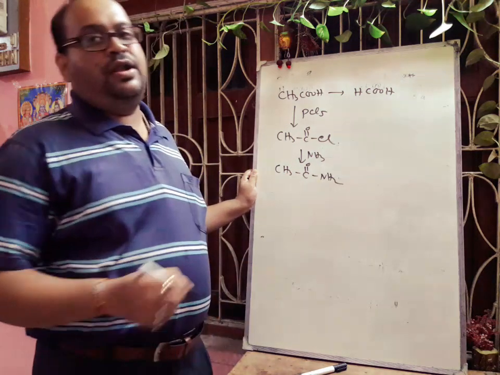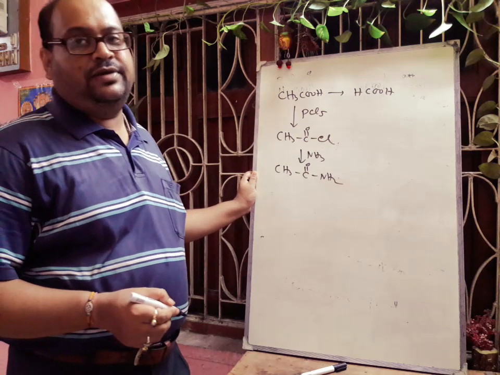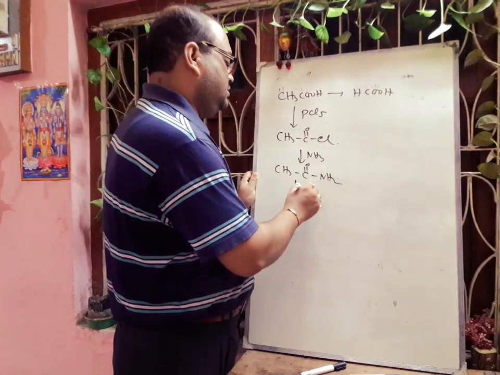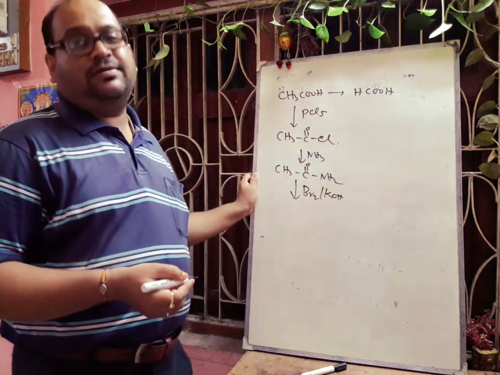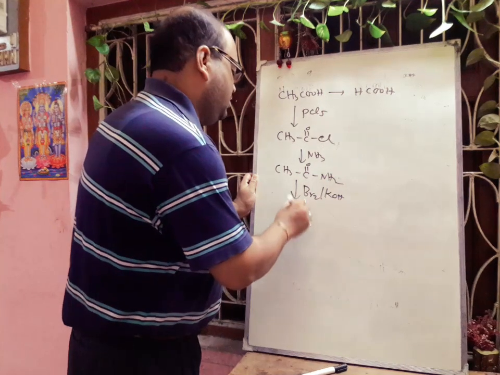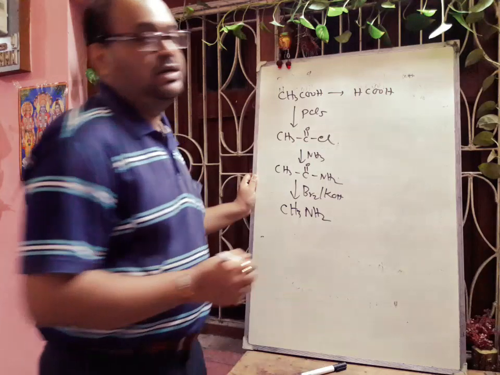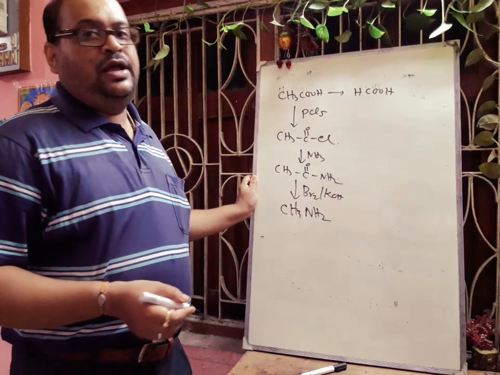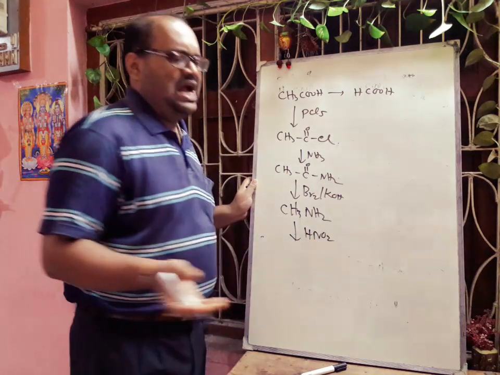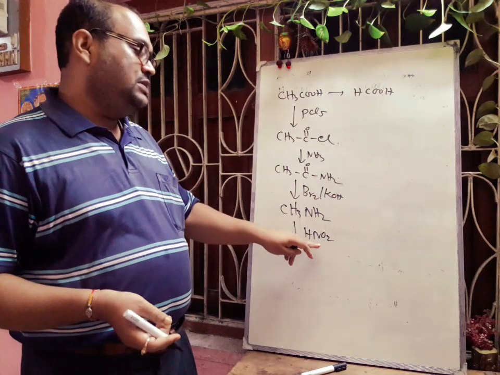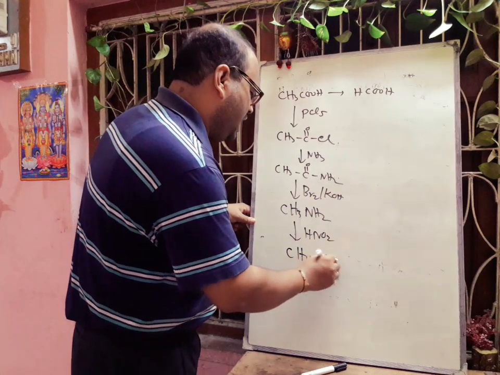acetamide. Now one very important reaction is there, the Hofmann degradation reaction. Okay, bromine and KOH. So it will form one carbon less, forming CH3NH2. That reaction also I will discuss during the discussion of the nitrogenous compound. Okay. In next step, we will give the nitrous acid, HNO2. How to prepare HNO2? We add NaNO2 and dilute acid, that will produce the nitrous acid. Nitrous acid will convert this amine to alcohol.